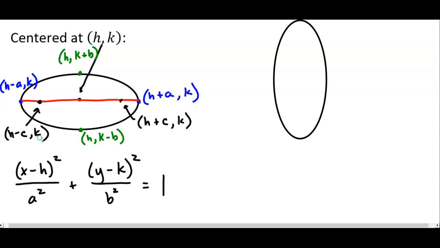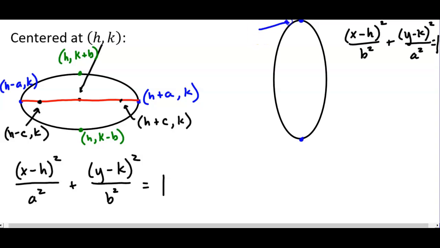Okay, now let's do the other kind, where it's going to be this standard form, (x minus h) squared... h always goes with x, and the k always goes with y. That doesn't change. And it equals 1. Squeeze it in there. Okay, but now see, our vertices are going to be, what did I do them in, blue before? Our vertices are going to be up here and down here.